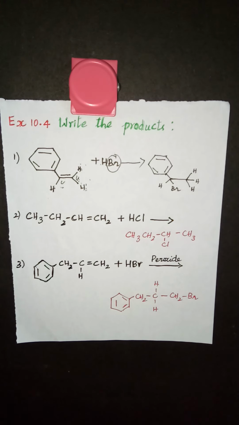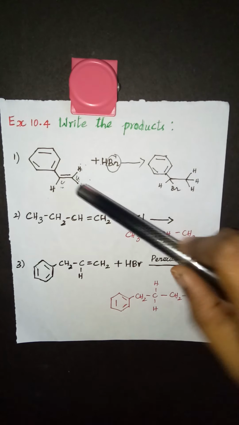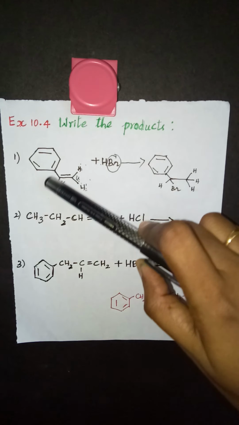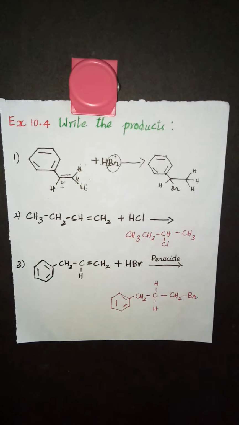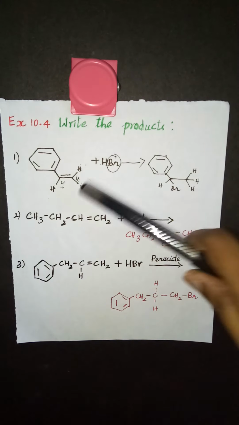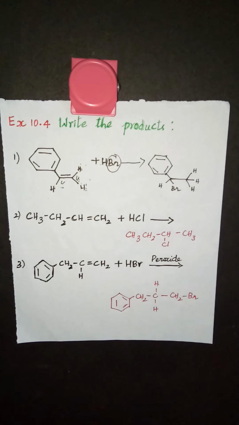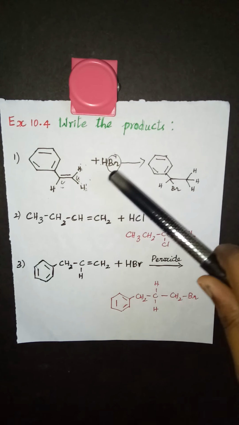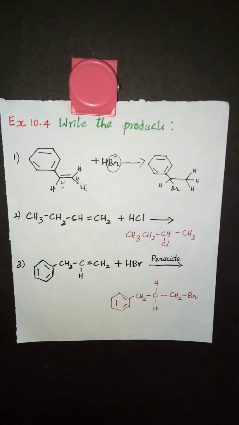So if you know all the reagents that we could possibly use, then it is easy for you to predict these products. Now look at the reagent here. It is HBr, and this is an alkene. Don't worry about this part because you're going to add this hydrogen halide across this double bond. And hope you remember Markovnikov's rule, and I told you when you are trying to add this across an unsymmetrical double bond, the halogen preferably goes to carbon having less number of hydrogen atoms.